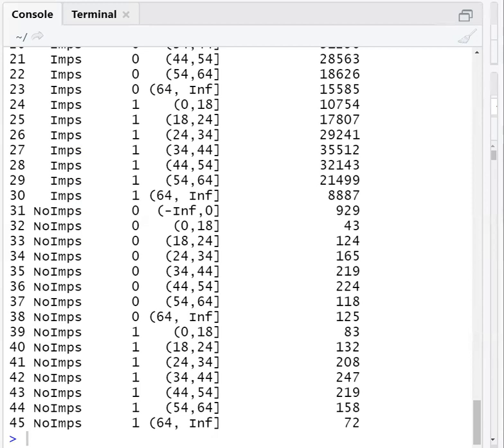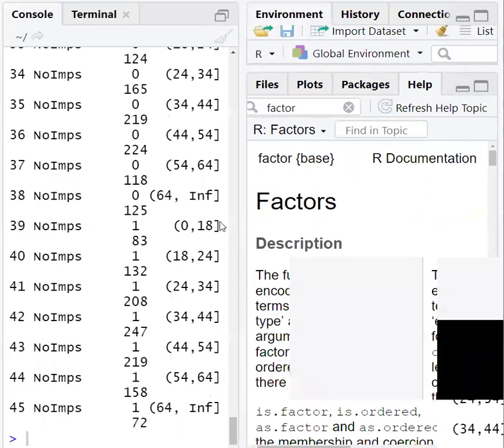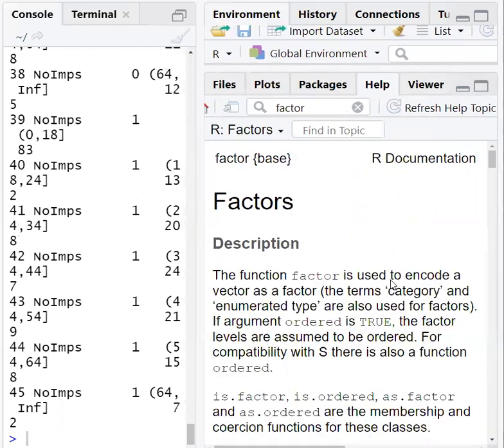Just execute line by line and verify what that particular statement is doing in the program. You can search for help in the same window. I have just minimized the entire R Studio. So here in the help, you can type that particular method. You will get the description.